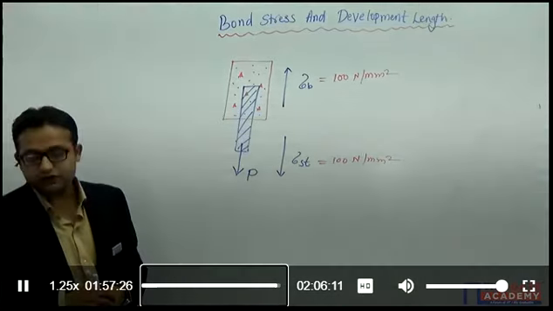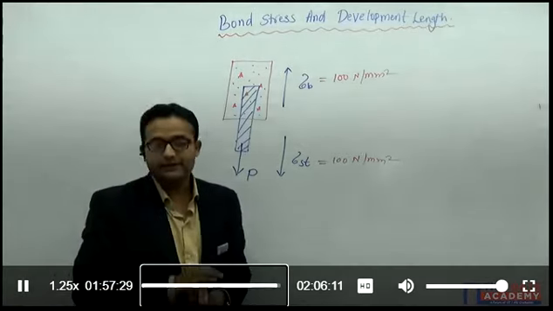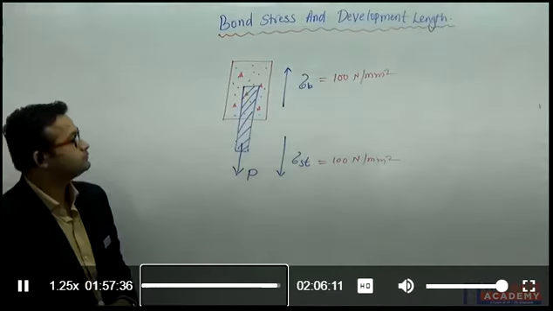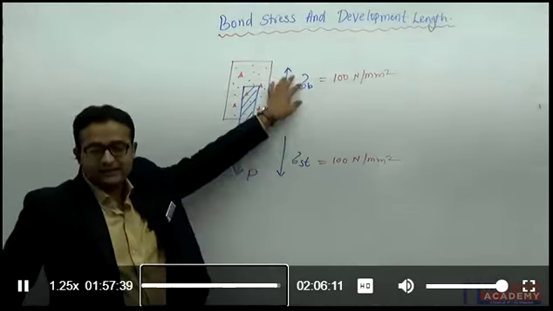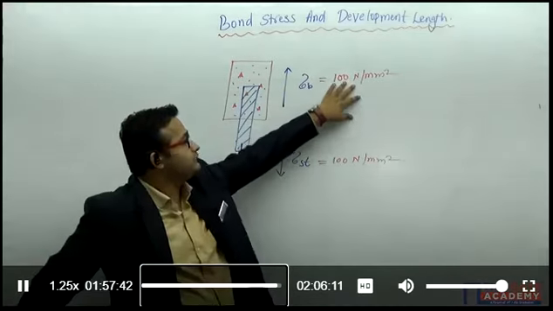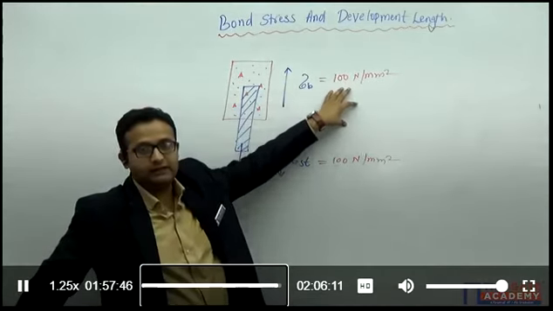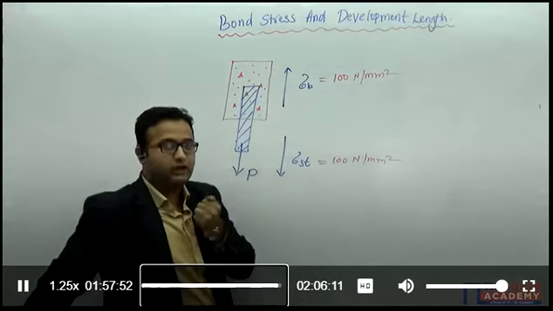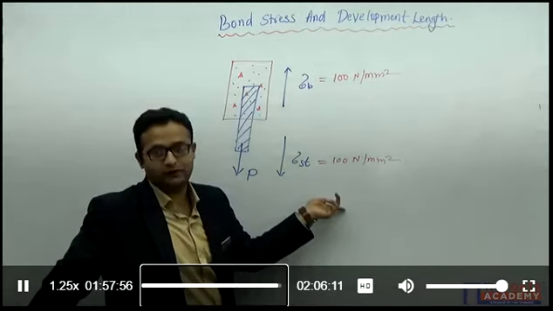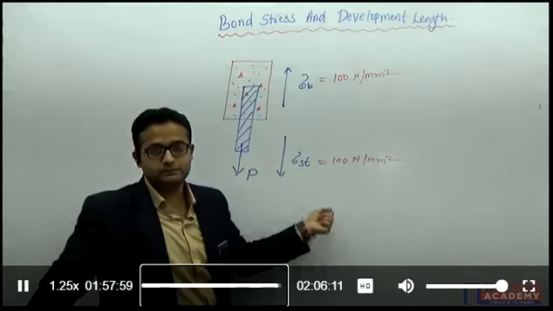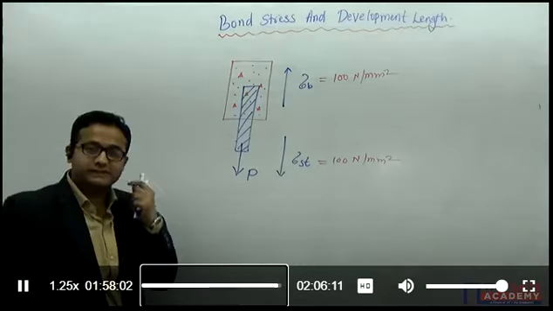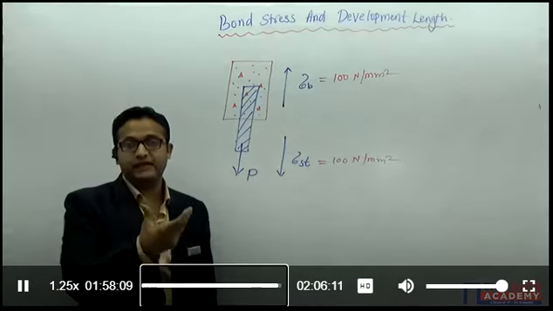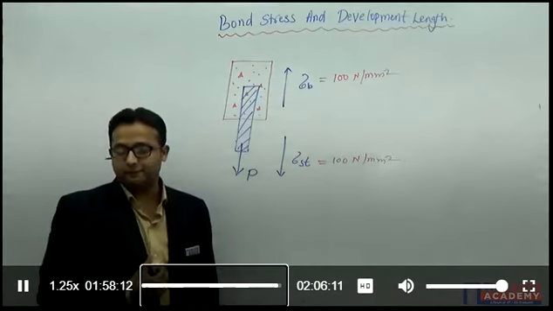Now read the question. You have already read the question. Please solve this. Four options are there. Which one is the correct option? To make it an equilibrium condition, we want the bond strength of the concrete to be equal to the force by which we are pulling the steel. This should be equal, right? So what is your answer? Please read the question carefully. I want the maximum value of P.